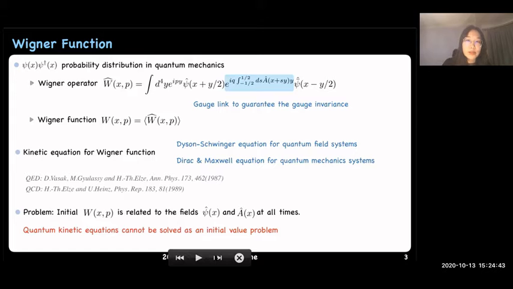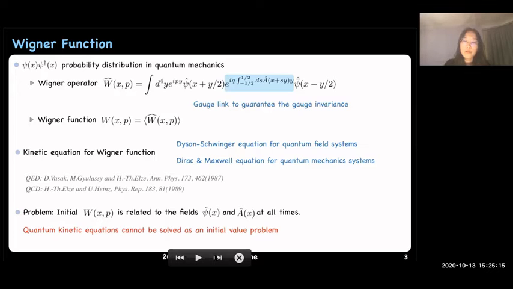For a QED system or QCD system, this kinetic equation for the Wigner function has been derived in very early works. However, the covariant kinetic equation for the covariant Wigner function is related to the fields at all times, and the Fourier transformation is performed also to the time parameter,